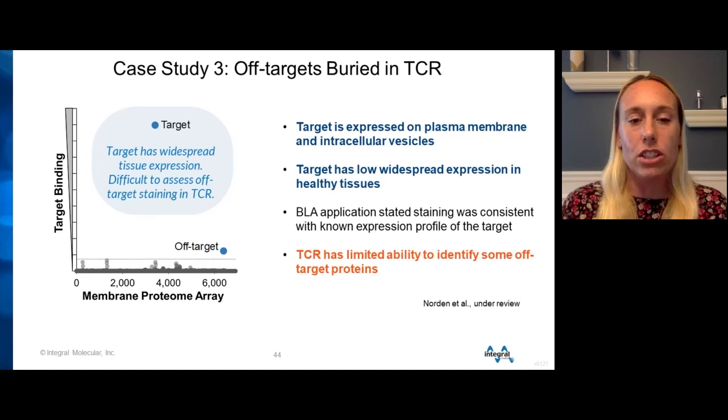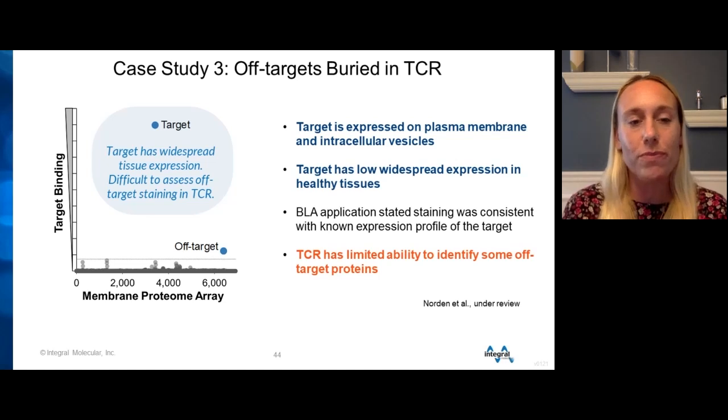The BLA application stated that staining was consistent with the known expression profile of the target. And this is then another example where the TCR really has a limited ability to identify some off-target proteins. The fact that the target is expressed both on the plasma membrane and in intracellular vesicles and throughout numerous healthy tissues made it so that the TCR really was unable to pick up any staining from an off-target. And again, if you're interested in reading more about this, then you should be on the lookout for our publication,